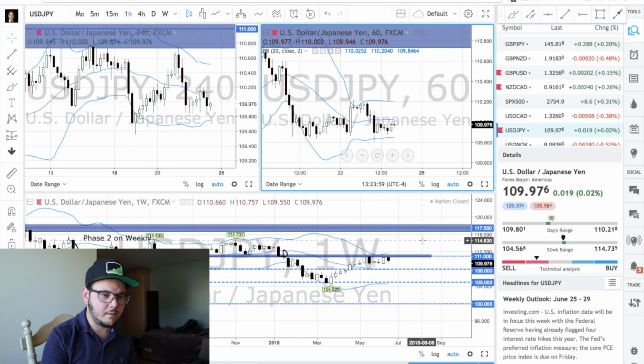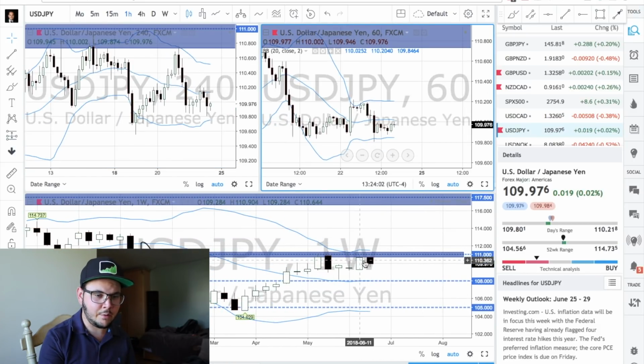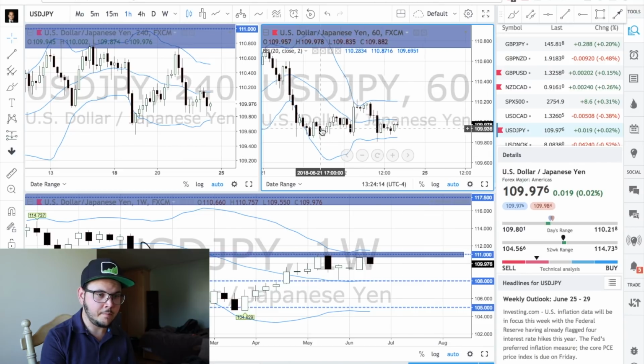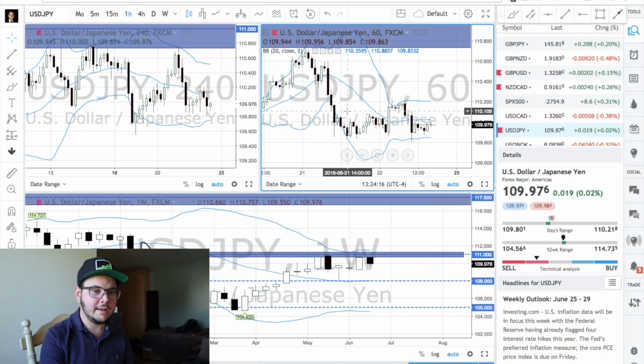USD/JPY is touching an area of resistance, 111. And for the past week, price just went down a little bit from the zone. Okay, this is what you see over here. No sign of reversal yet, so that's why we need to keep watching and see if we have any setup